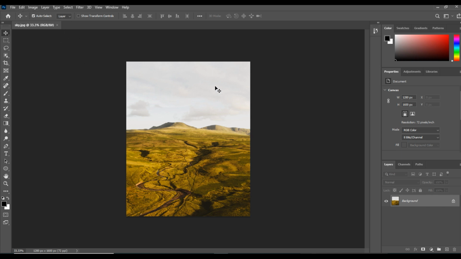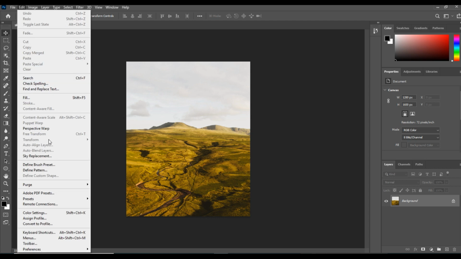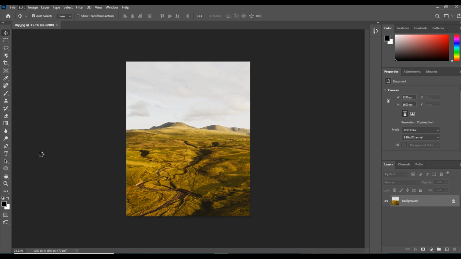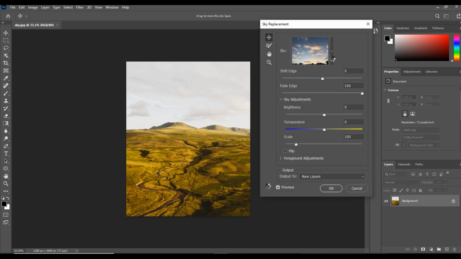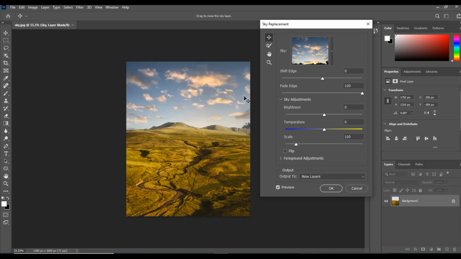So we will change the sky of this image. We will go to the edit, and as I told you, the sky replacement you can find here. So you will click on sky replacement and you can see that it will apply. Just a second, it's loading. So you can see the sky will appear something like this, and it looks incredibly beautiful,